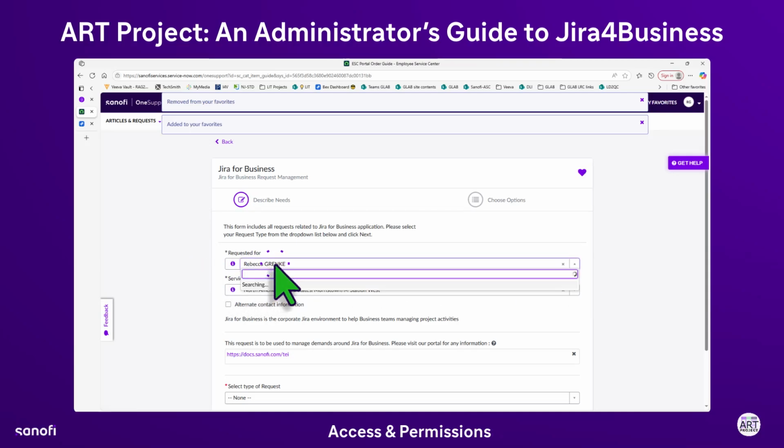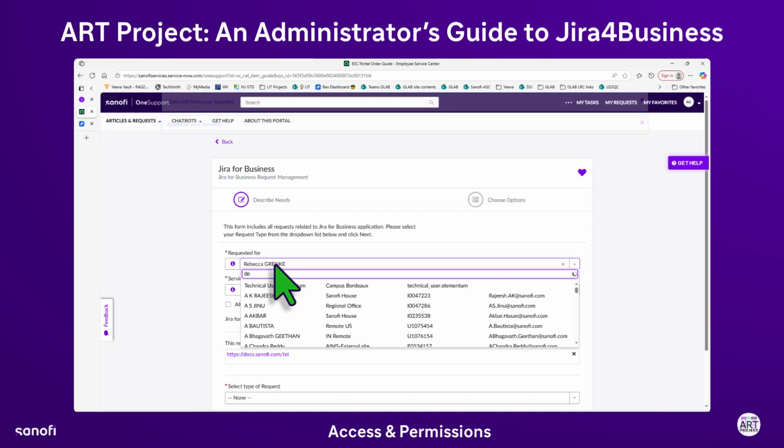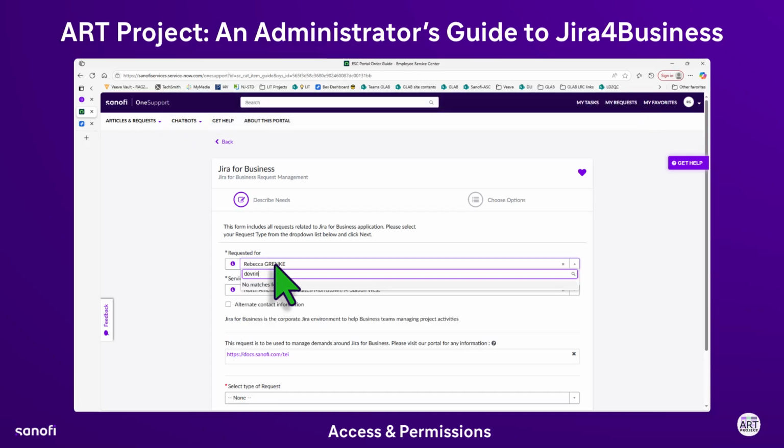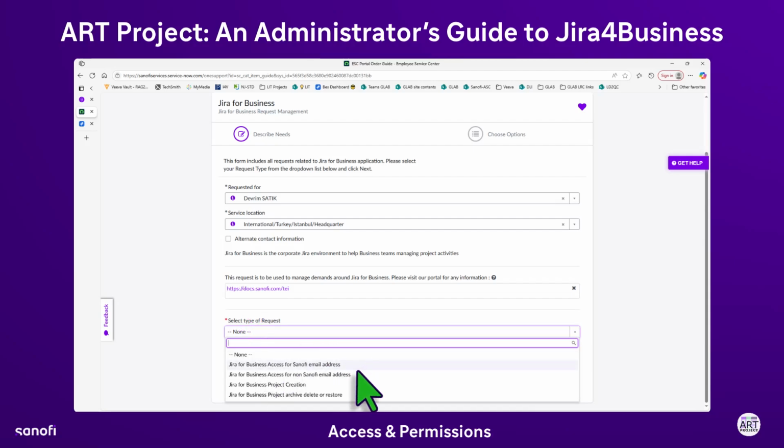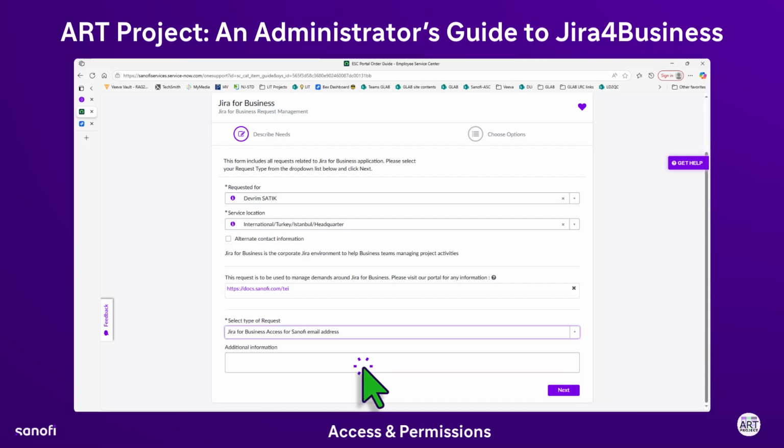First, I put their name in. I'm going to use Devrim as an example. Scroll down, so type Devrim's name in requested, scroll down. Under here, you want to select the Jira for Business access for Sanofi emails. So this will work for anybody who has a Sanofi email address. That includes contractors because they do have a Sanofi.com email address. Click Next,